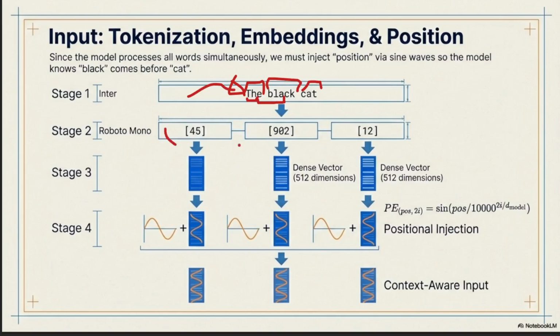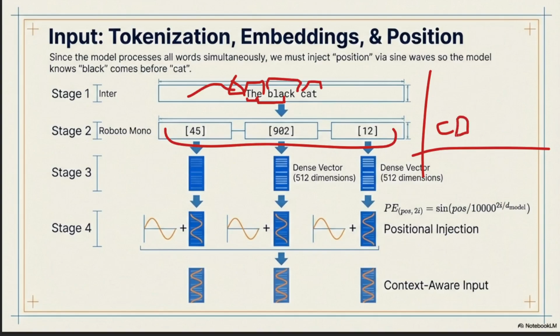And then we convert those IDs into vectors, lists of numbers that capture meaning, using embeddings. So similar words like cat and dog should be close to each other. If we have the words orange and apple, they should be close to each other but far away from the animals. We saw embeddings, and then